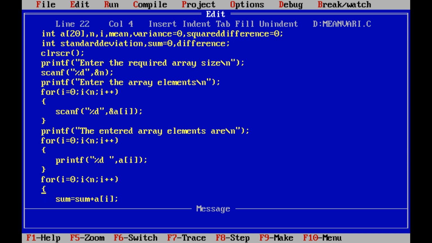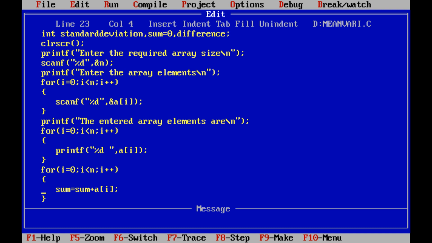Next we have to find out the sum of those array elements. Suppose I am taking n value equal to 5. So a[0], a[1], a[2], a[3], a[4]. We have to find out the sum of those 5 array elements. For that, we are using a for loop with the statement sum = sum + a[i] within the body of the for loop.